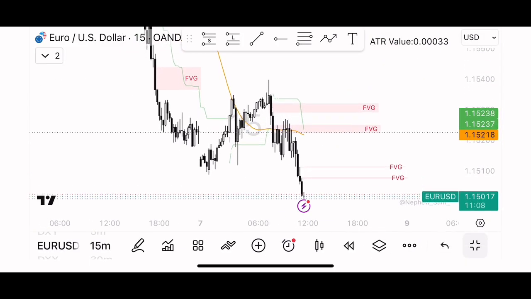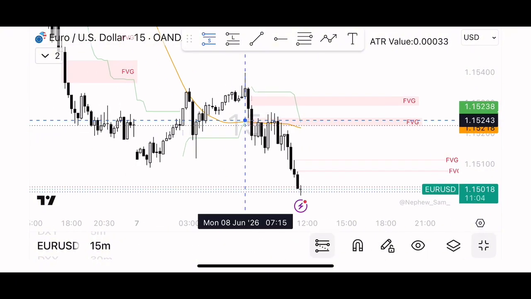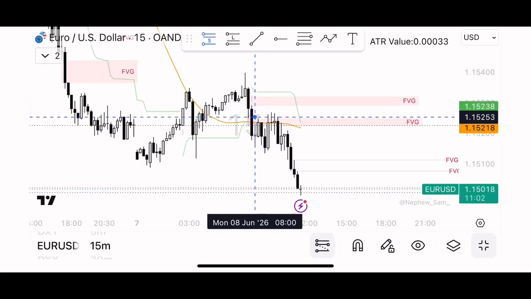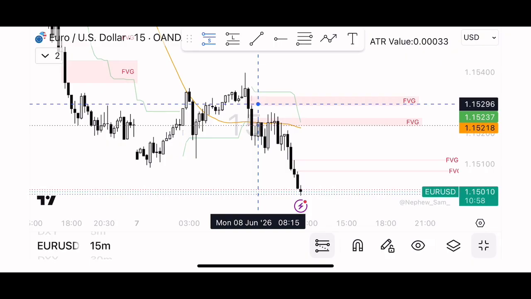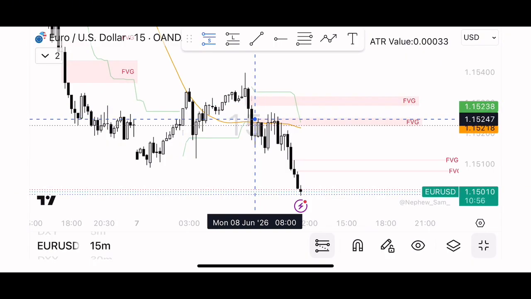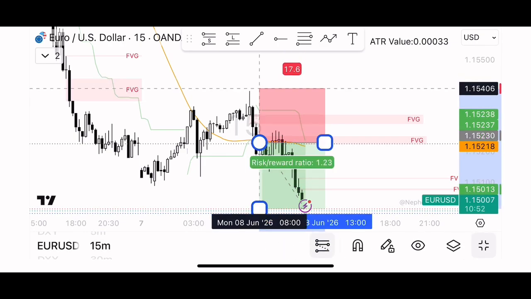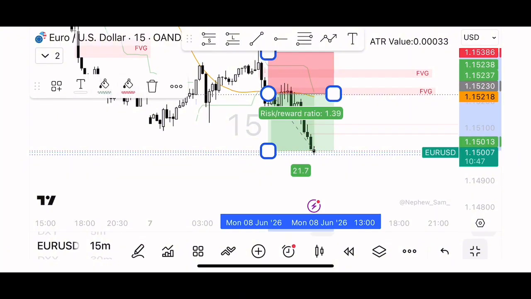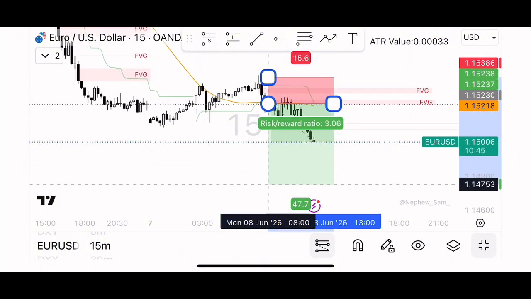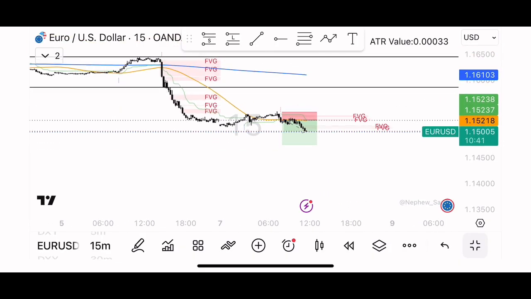So right here, today when my session came, which is London session, I start trading pre-London, which is 9 a.m., where those two favorable gaps right there could have been used for my entries. And right here I would have used this lower one, just using the closest one to my 50 SMA, with a stop of maybe 15-16 pips or ticks,